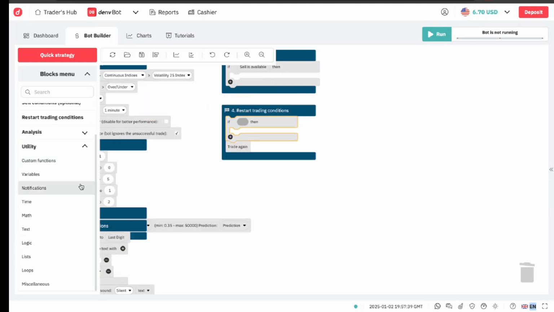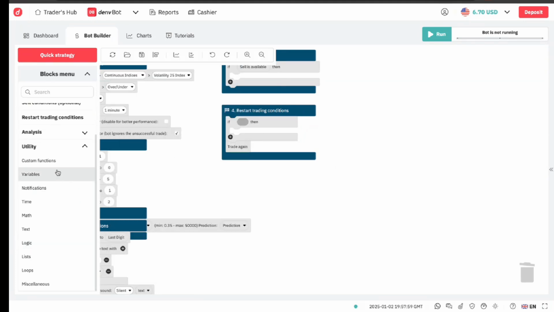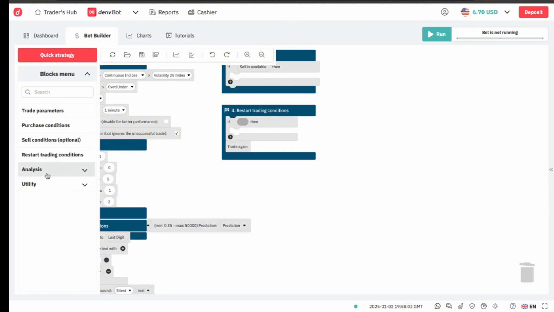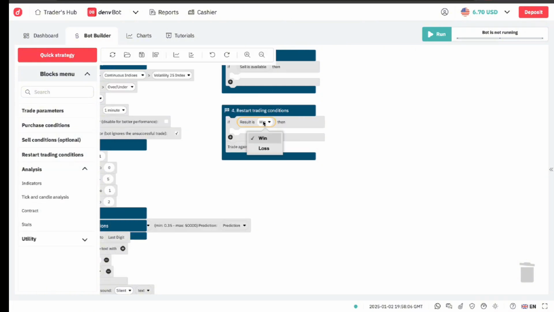grab an if statement. If you want to know what this means, just click logic and click learn more. This block evaluates a statement and will perform an action only when the statement is true. So this is an if else statement. I want the simple if else statement. From there, I need to close utility, open analysis, come to contract, and then put if the result is a loss. That's the time I want to multiply